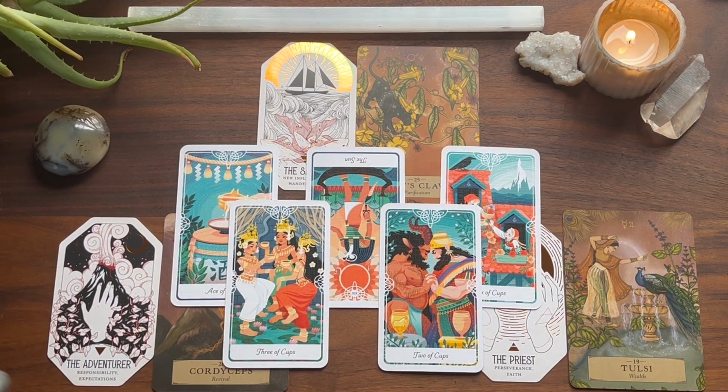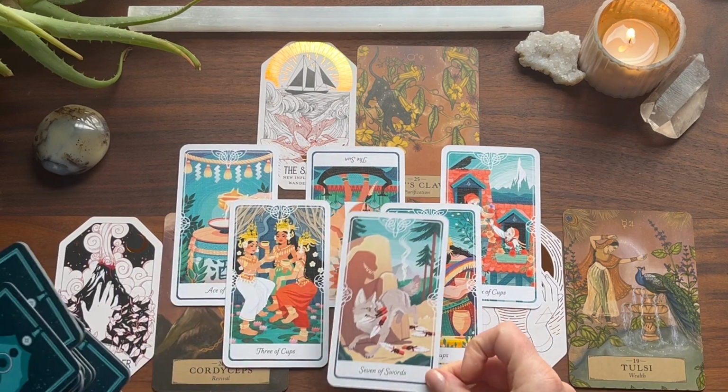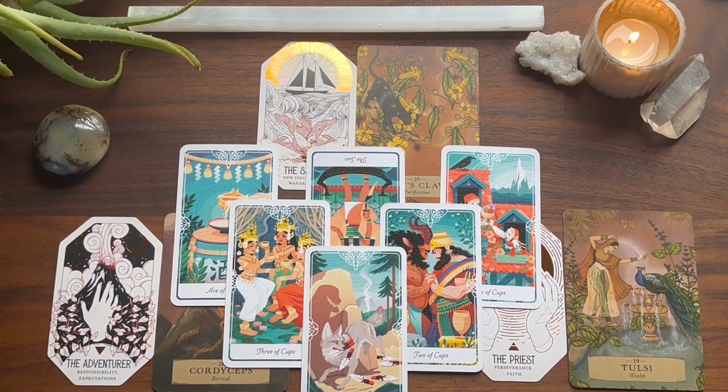I don't know, this upside down sun. I need a card about the upside down sun. What am I? Seven of Swords. Okay, yeah, so there is actually